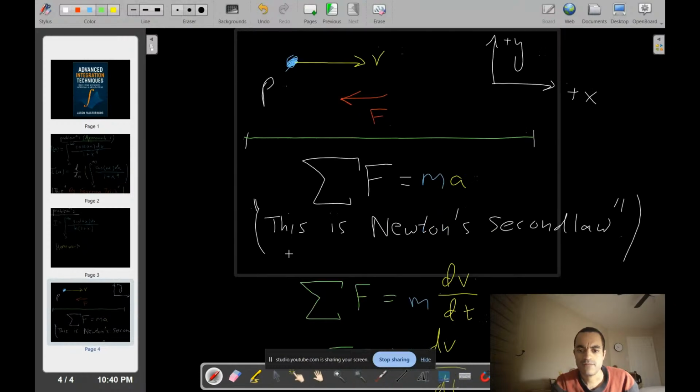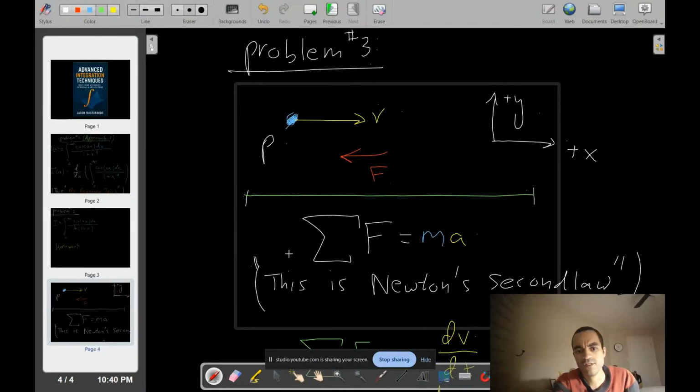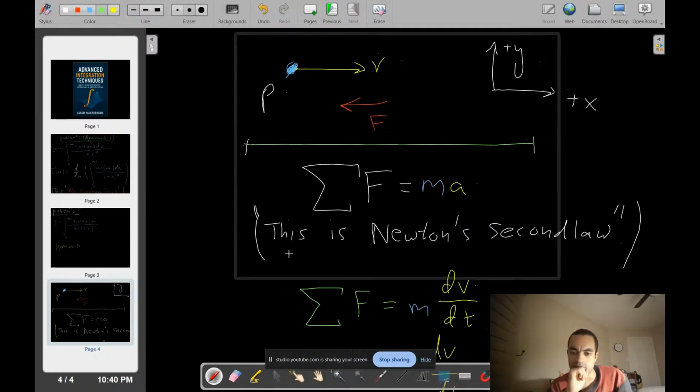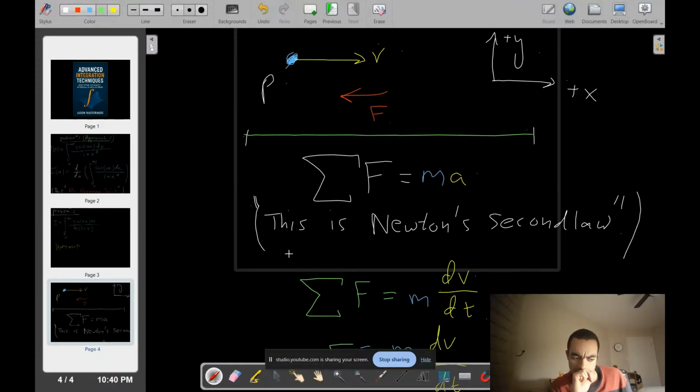I noticed I made a mistake somewhere. So in order for this particle to move with a velocity v, let me see, I think I made a mistake somewhere. Let me think. Resisting force, m dv/dt. Net force is mass times acceleration because we have a force present, so we have to use Newton's